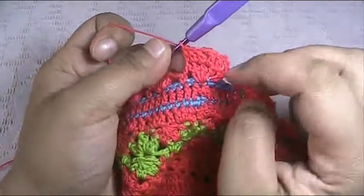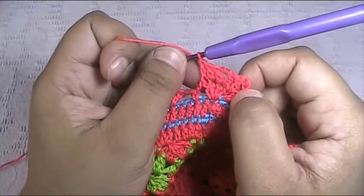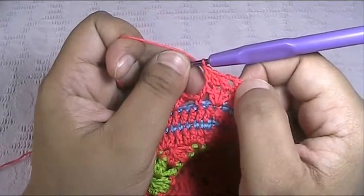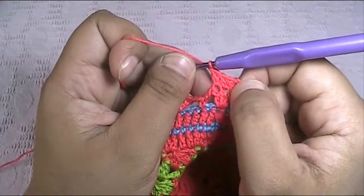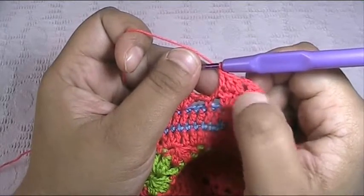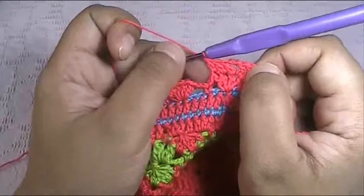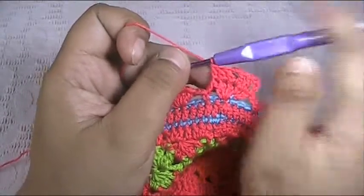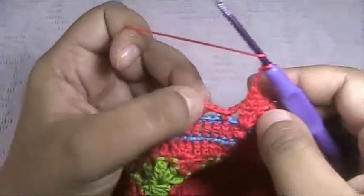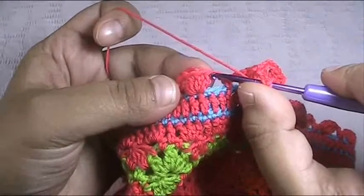Now I made a double crochet on the first stitch and on the second one, and into the third stitch I made 1 double crochet, chain 2, 1 double crochet, and then in the 4th stitch I made a double crochet, and also in the 5th stitch I made the last double crochet in this group. Then chain 3, 1, 2, 3, yarn over and skip all this area and go to the first double crochet